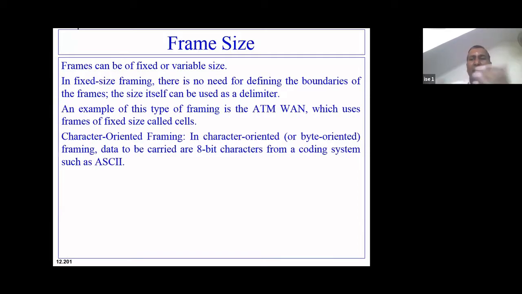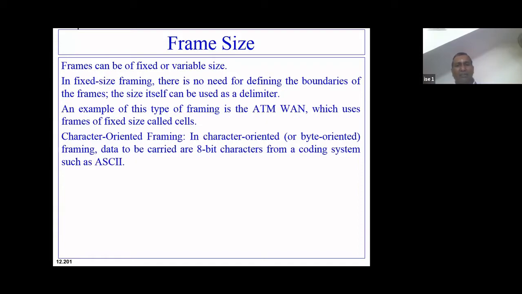Or byte oriented framing, because each character comprises 8 bits, and 8 bits together is called a byte. So it is character oriented framing or byte oriented framing. So the data to be carried is always recognized as 8-bit units.